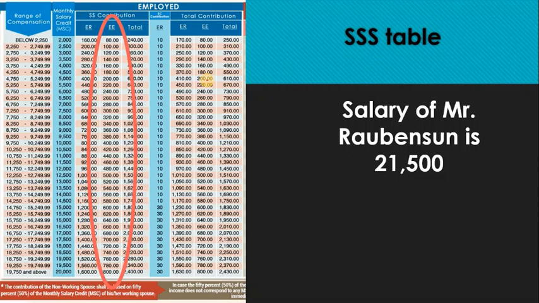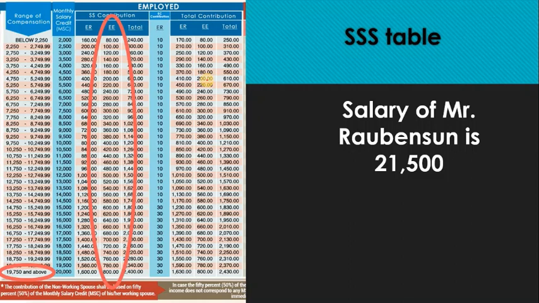Salary of Mr. Robinson is 21,500. Before that, SSS is based on your monthly salary. Say for example, salary of Mr. Robinson is 21,500. So how do I check my SSS contribution, the amount deducted to me for my SSS membership? Of course, you go to the range of compensation and 21,500 belongs here. That is